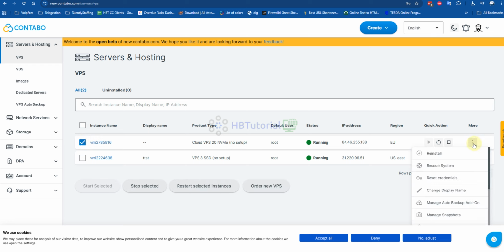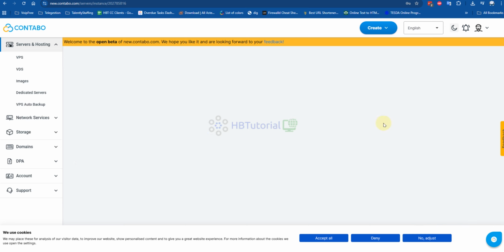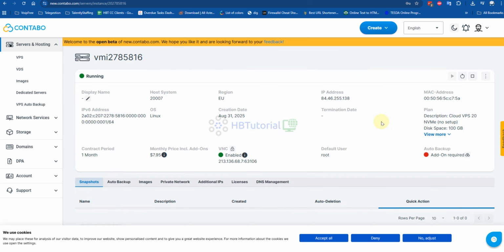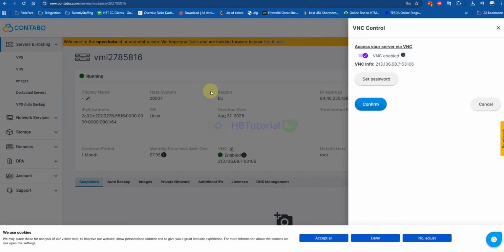Okay, I'm going to configure and open it. While we're waiting for the ISO, I'm going to prefer the VNC access, because we need the VNC access, as you can see.